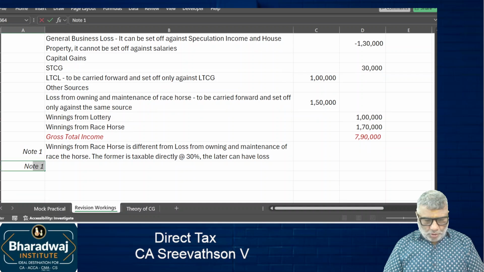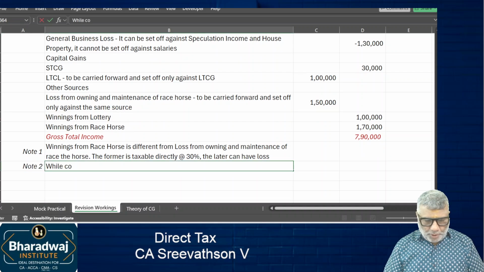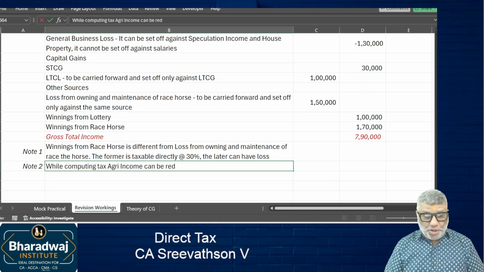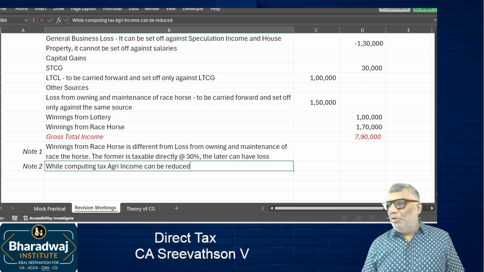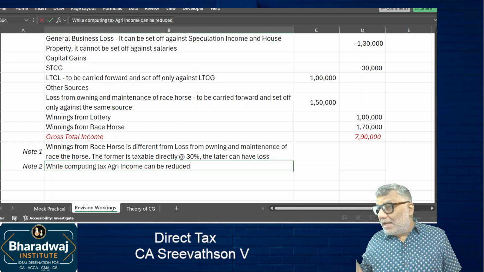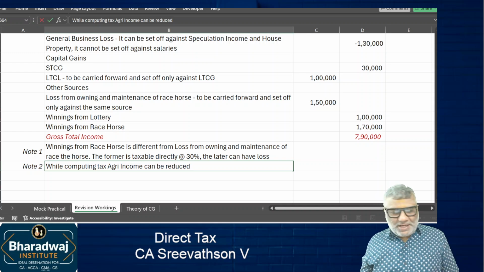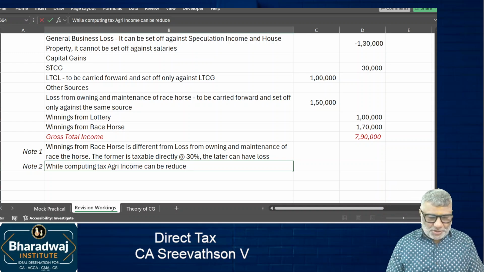The second note is, in terms of computing tax, agricultural income can be reduced. Like how we do, if there is an agricultural income, we add it up, aggregation. If there is an agricultural loss,